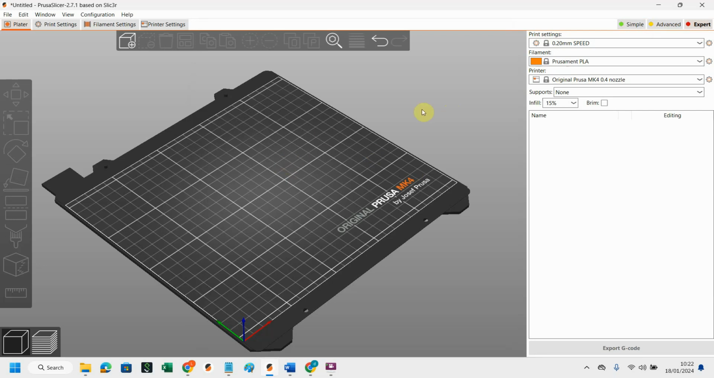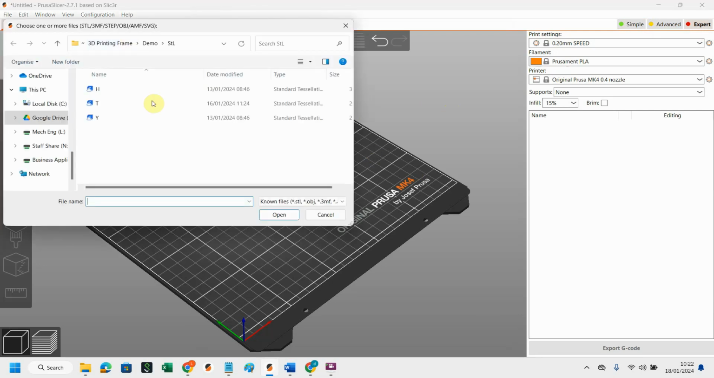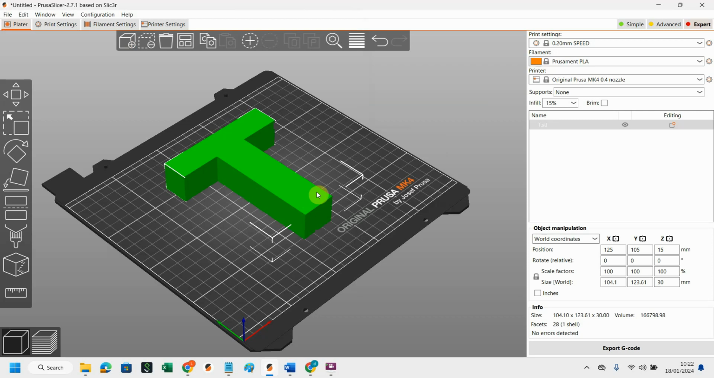So now that we have the software set up correctly, we can bring in our STL file to set up the print. Okay, so to do that, you can just go to this icon here, add file, and I'm just going back to my trusty T shape. So this is our STL file, and select open,